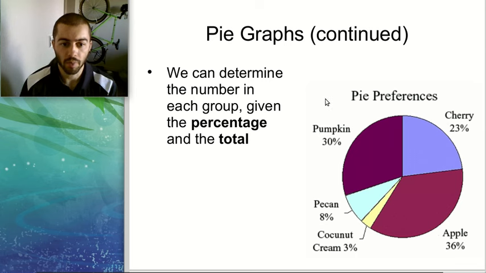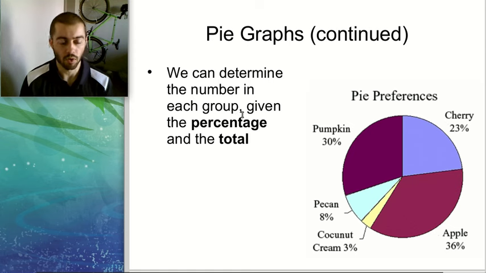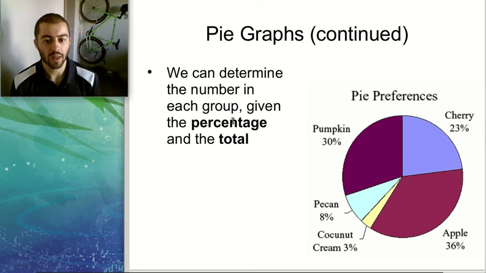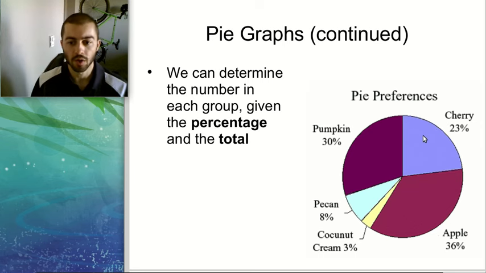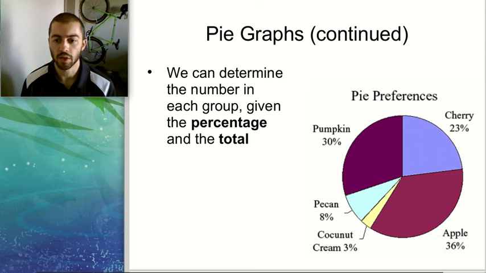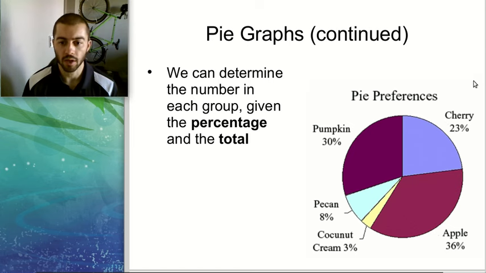Okay, and with pie graphs, we can also determine the number of people in each group. We can find that if we have the percentage and the total. So what we could do here is say, let's say we had 100 people in our group. So if we know that the total number of people in the study that we're looking at is 100,